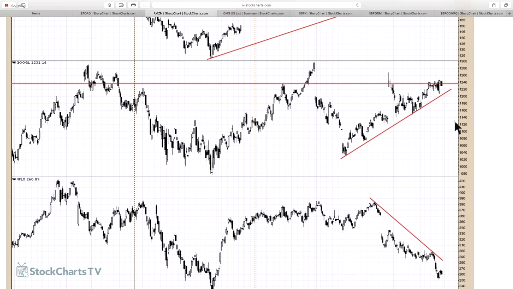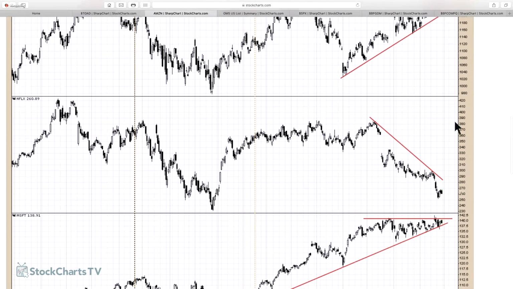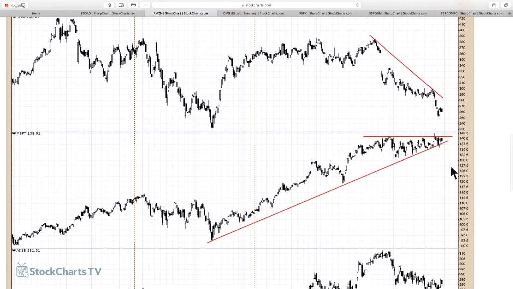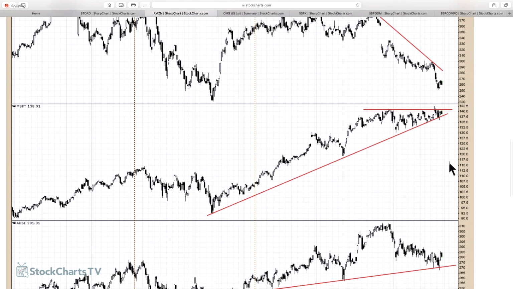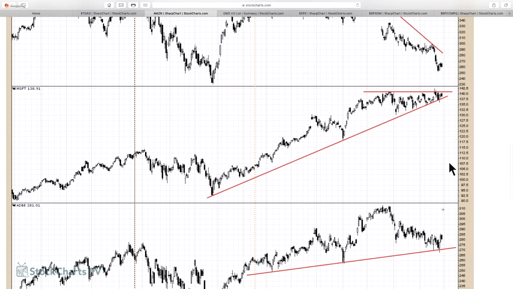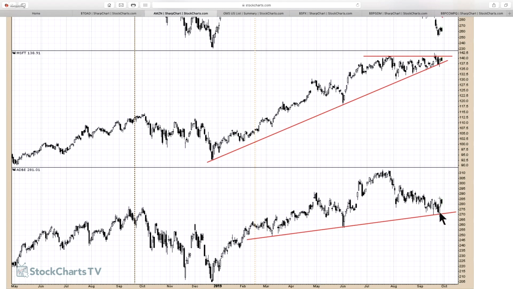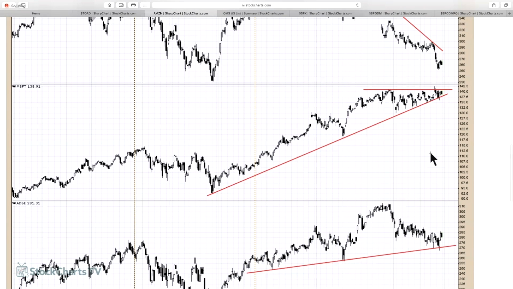Here's Netflix, and I think we all know that movie's over, or over for the time being. And here's Microsoft, and what we see here is Microsoft is in this very tight wedge, just announced a $40 billion buyback, and it hasn't started to break down. And Adobe has been kind of running lower for 2 months, and yesterday had a nice day, but today giving it back. So we're just seeing these tech stocks not breaking out to new highs, and that's the